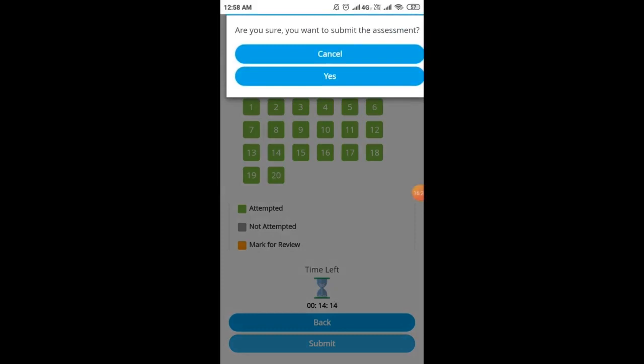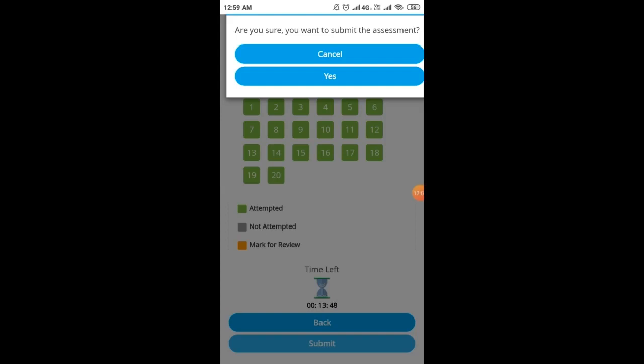It will again give you a warning message asking are you sure you want to submit the assessment. If you are sure, you click on yes to close your online test. If you are not sure, you click on cancel and you go through the questions that you have attempted so far. So click on yes.